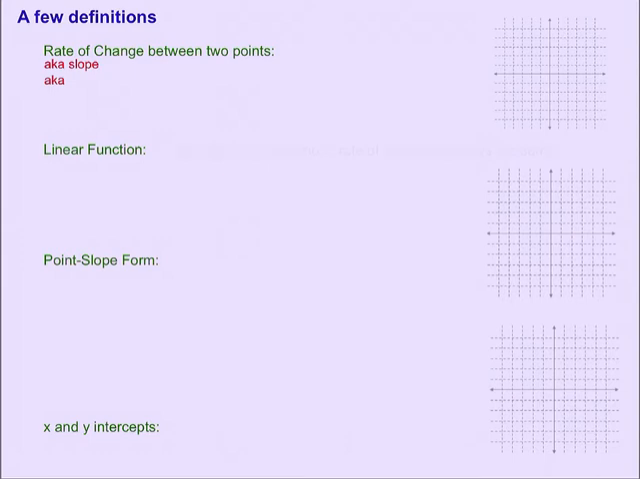Today's video is going to be mostly a reminder of things you've already learned. We're going to start by talking about the rate of change between 2 points. I'll give you a wordy definition and a mathy definition. The wordy definition: the rate of change between 2 points is the ratio, which remember means a fraction or quotient,